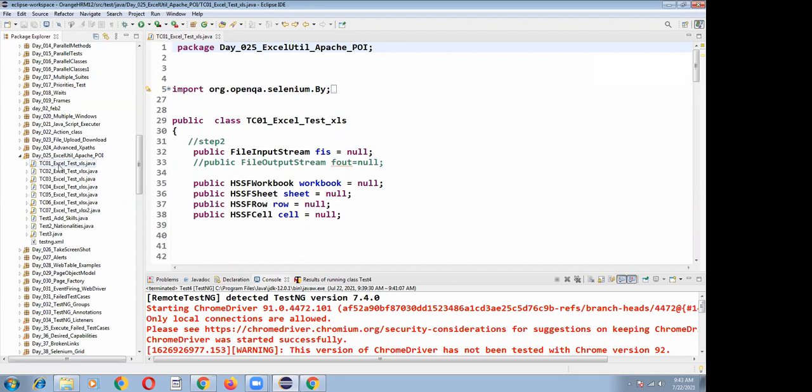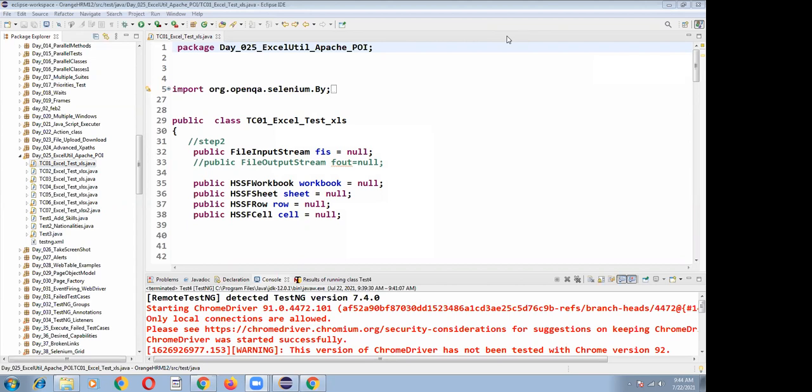So some supporting class files have been written to read input data from an Excel file. Now let's see. This is the approach 50% of the companies are using. No, 60% of the companies are using this approach only.